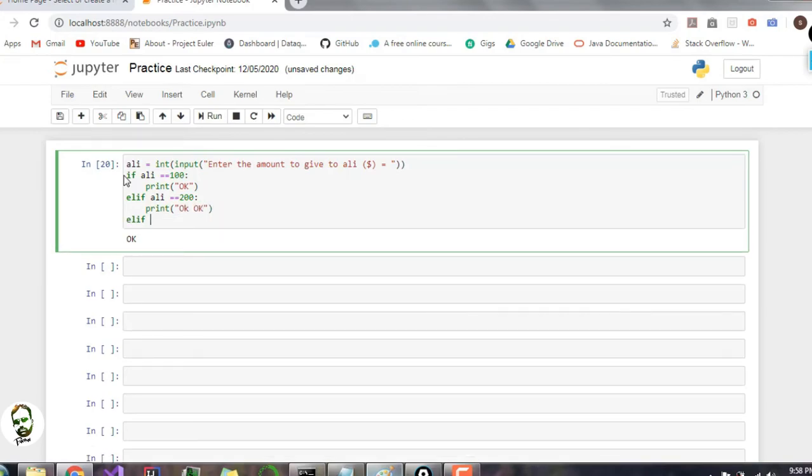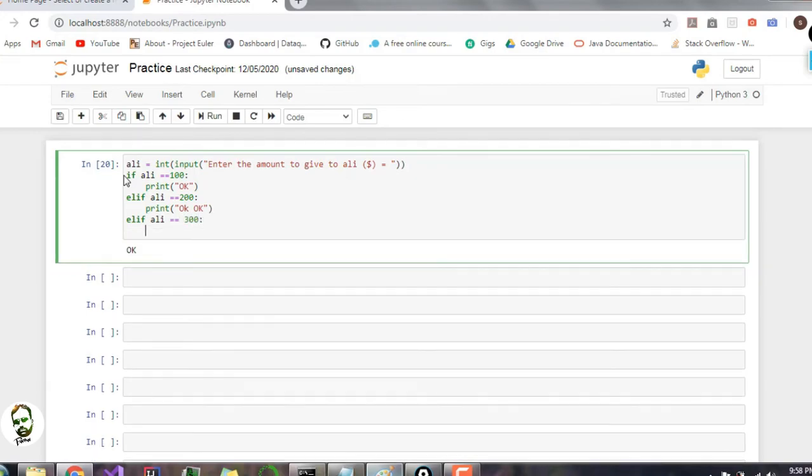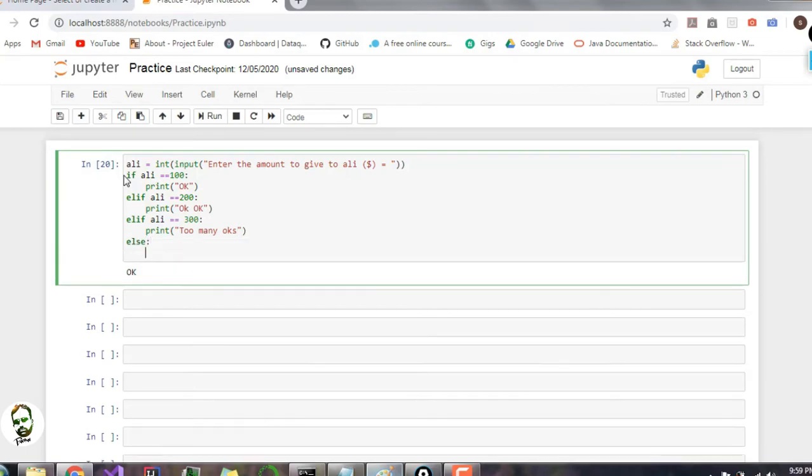Elif Ali equal to 300, print okay too many okays. Else print okay again.